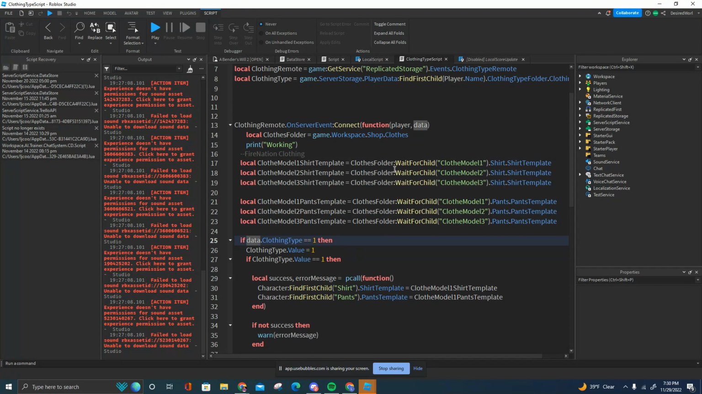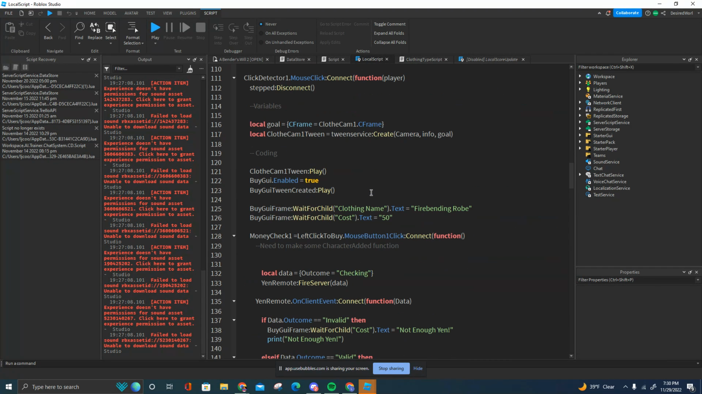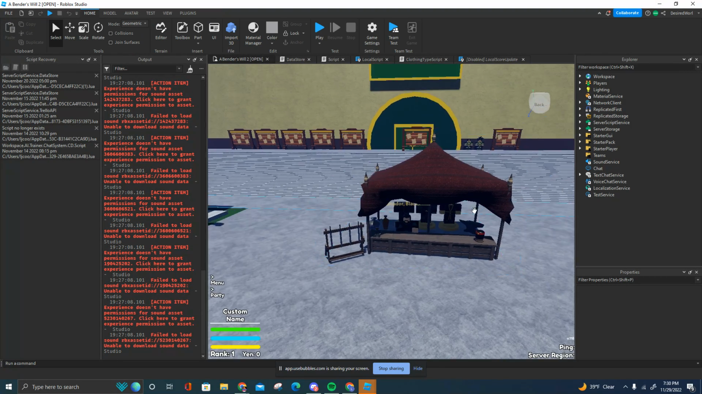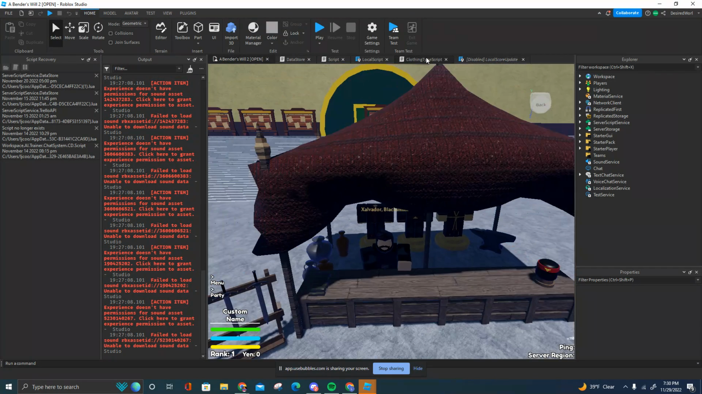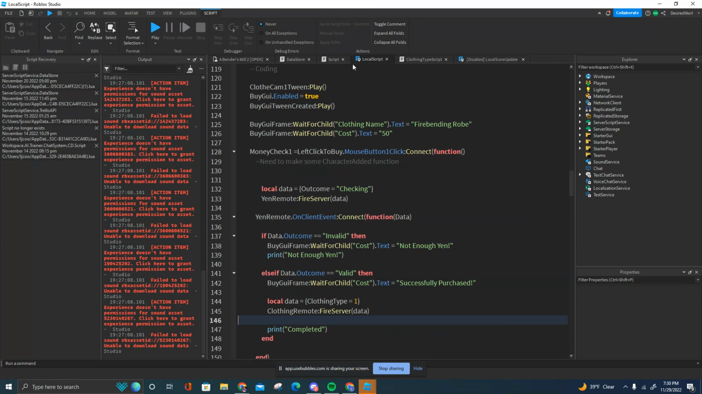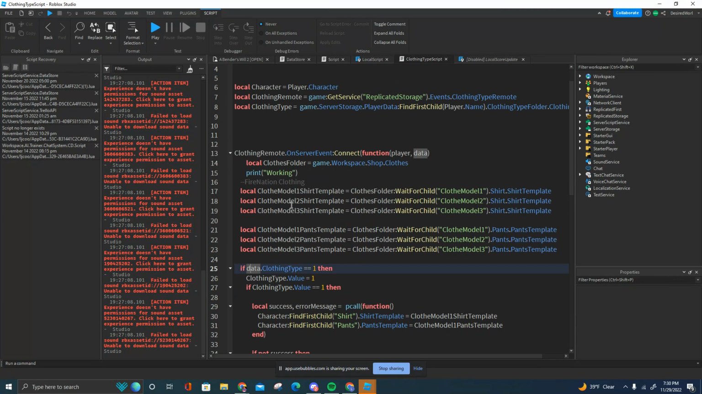So I sent it to the shop. When the person clicked the first outfit, it will send a remote to the server. So let me see. Yeah, it will send a remote to the server. I'll do local data equals clothing type. So I will send a table, and I will fire the server to the clothing type script. And I'll do clothing type dot